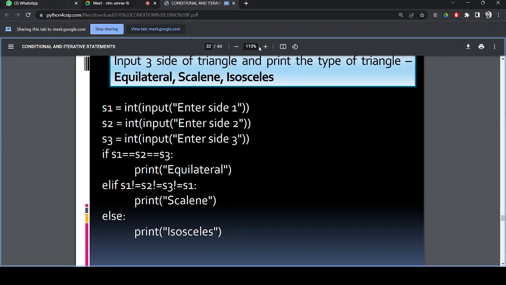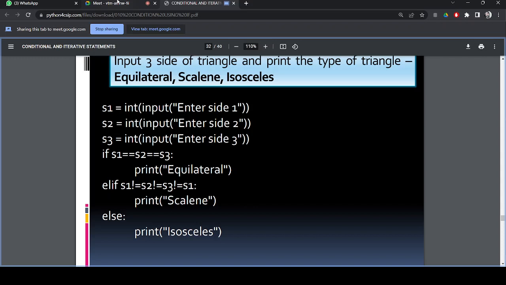Now, input three sides of a triangle and print the type of triangle. This is also a mathematical example. There are three types of triangles.